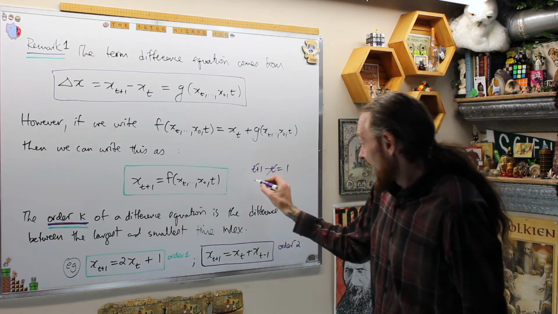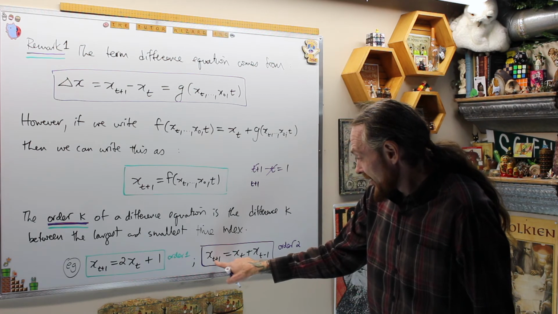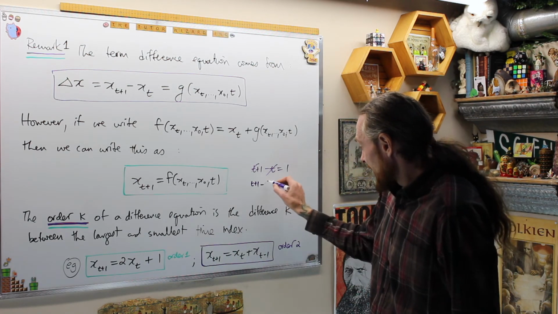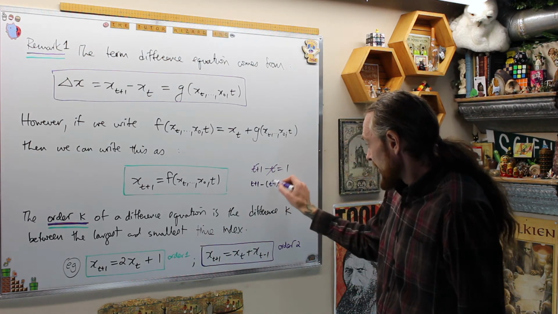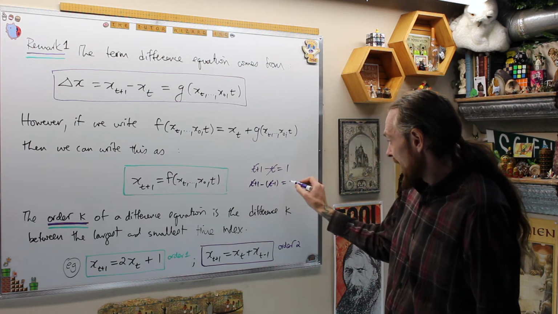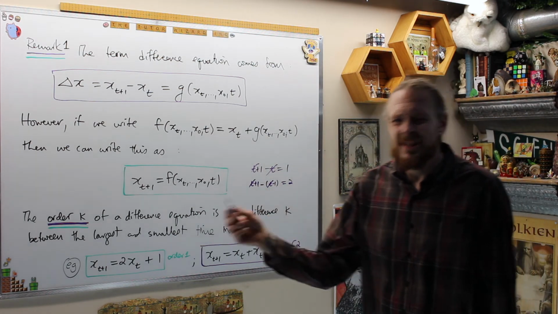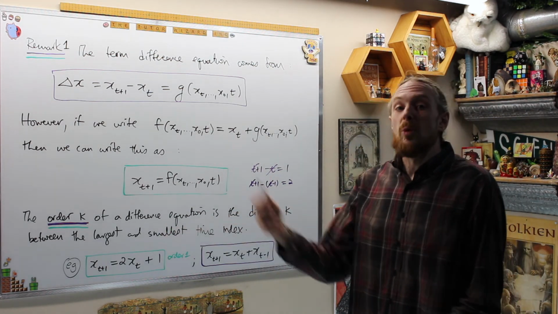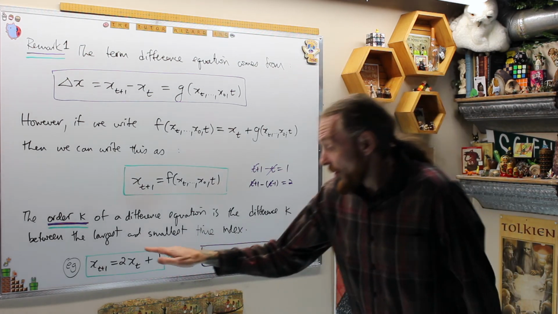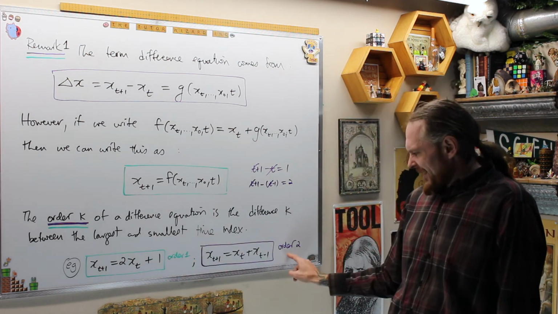In this one, I have t plus 1 as my largest index, and my smallest index is t minus 1, which is going to give me cancel, cancel, and then these add to give me 2. So the order is 2. This is what they mean by the technical definition. We're going to primarily focus on order 1 and order 2, mostly because I can't help myself and I have